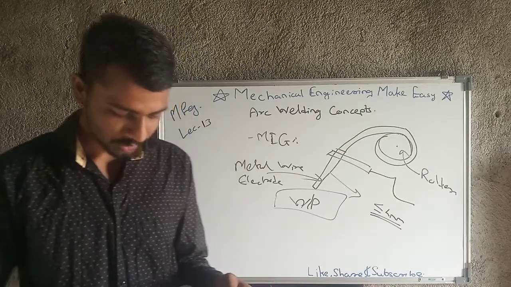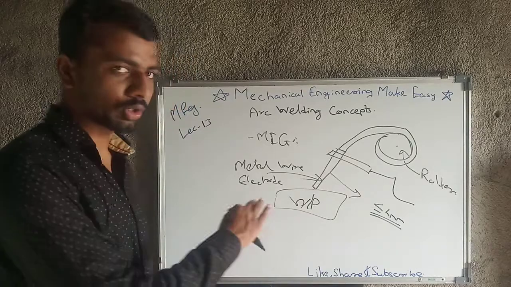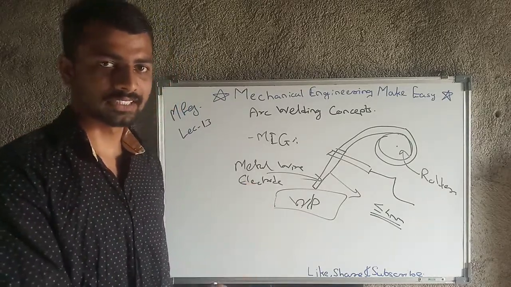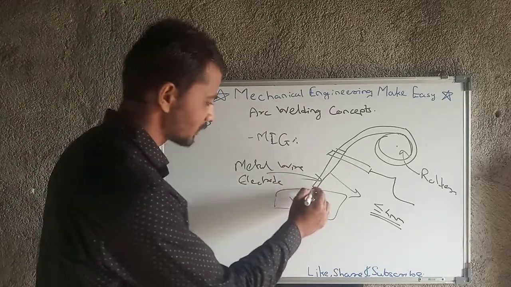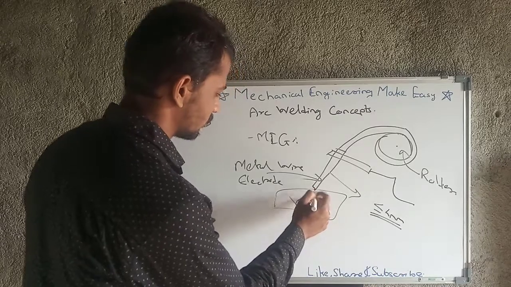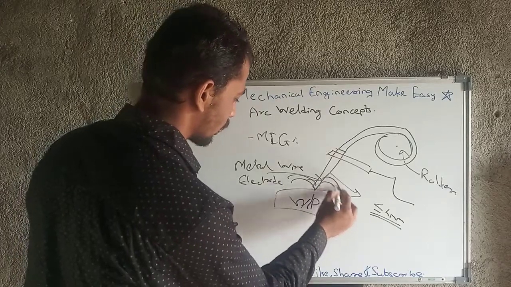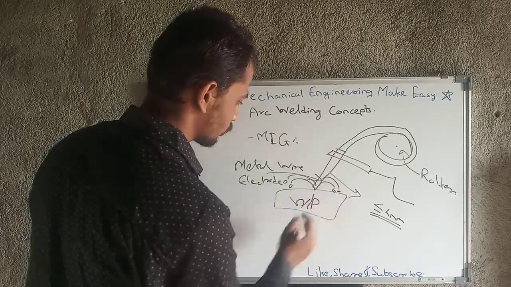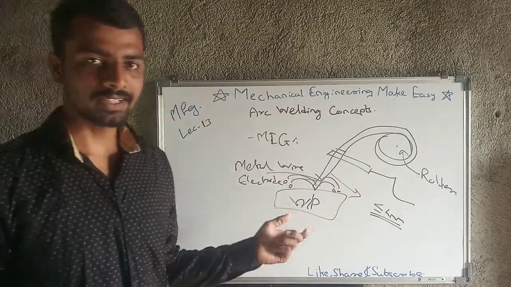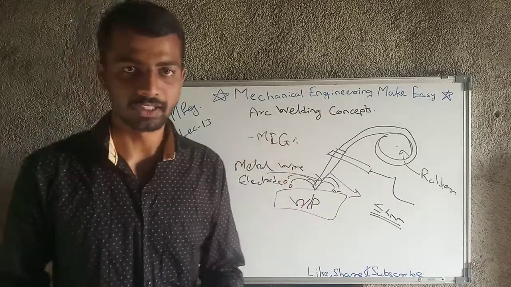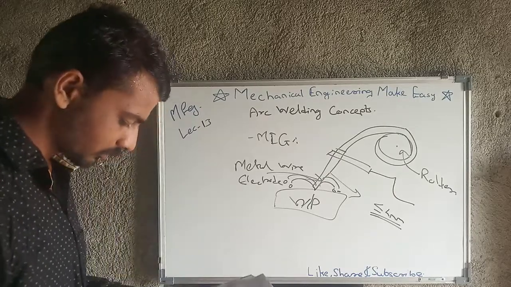Next, the spatter losses are very high here, as we are directly using the metal wire and we are not using any shielding gas or flux, etc. That's why the spatter increases, as here there is a gap and heat will be generated. Ultimately the melted material will be thrown outside in the form of small droplets. That is nothing but spatter, and the spatter loss is higher in the case of metal inert gas welding.